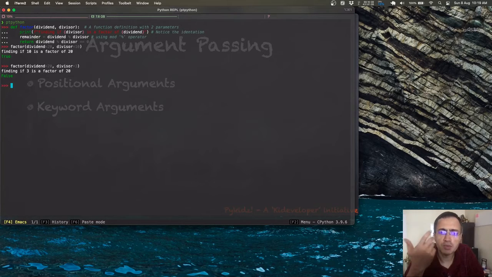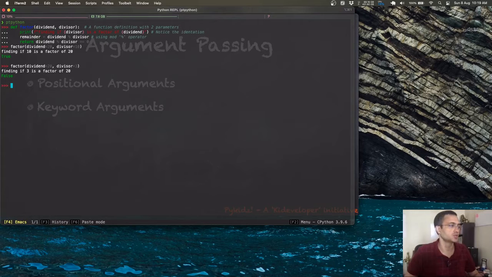And it's actually really more readable, right? You have something like dividend is 20, divisor is 10, or dividend is 20, divisor is 3, and you are able to read it very clearly. Now, of course, a lazy person like me, I don't like to type the extra keyword because it's a bit more hard. I mean, this varies, but I am just trying to talk about the problem generally with keyword arguments. And that's not the only problem.